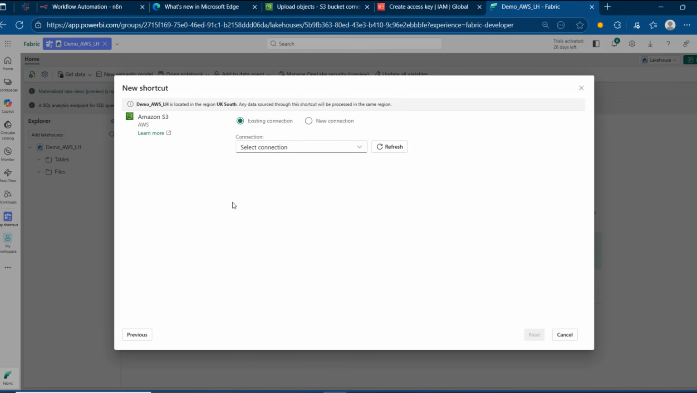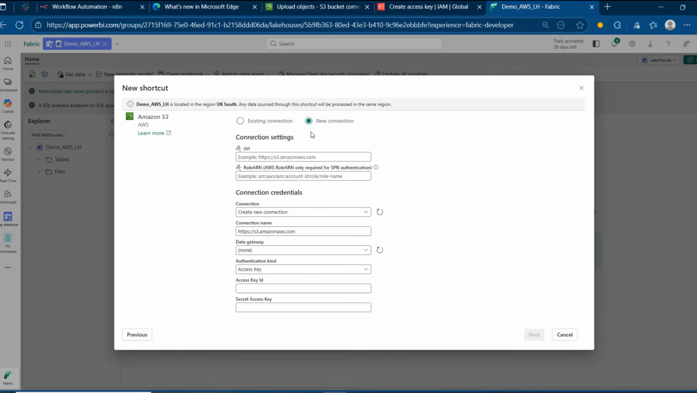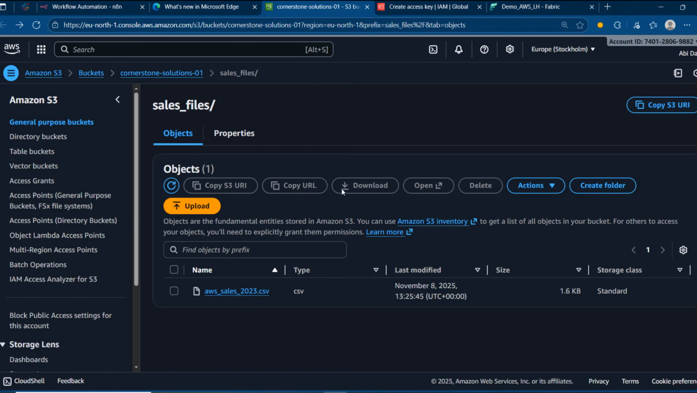And then we need to create a new connection if we don't have any existing connection. So we want to create a new connection because we want to do everything in detail. So we're going to see this connection settings. So we need to provide the URL that points to the file in our AWS S3 bucket. So to get the URL, I'm going to come here and I can see I've got the AWS sales